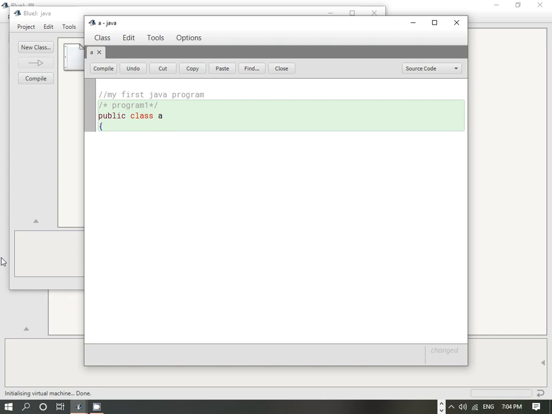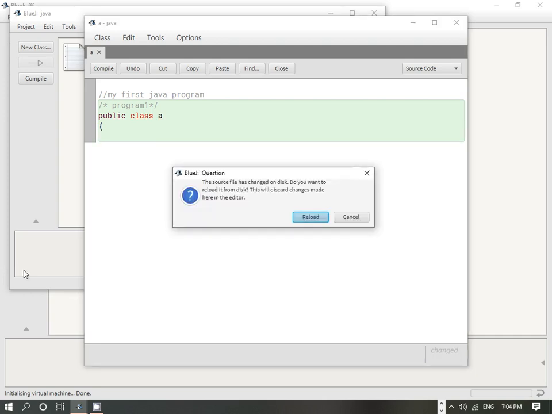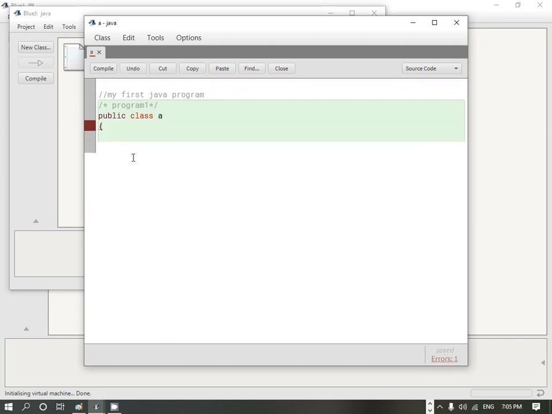Then you have to provide an opening bracket. After this opening bracket, the first thing is public class A. Here you can see that class is a keyword, because it automatically got converted into red color.